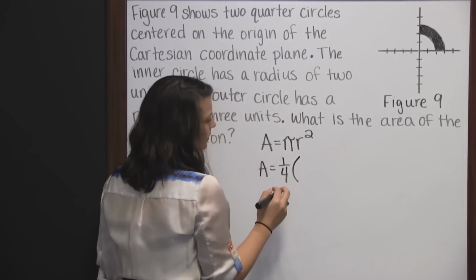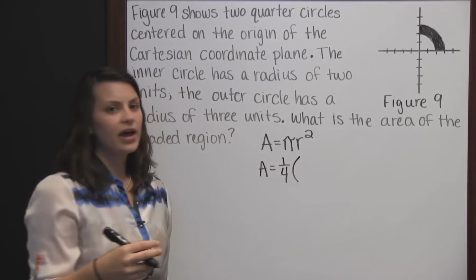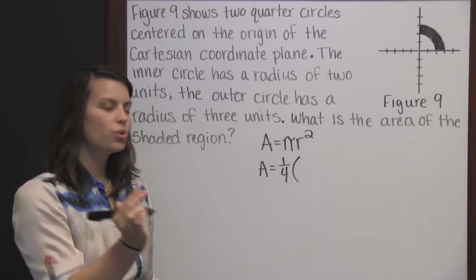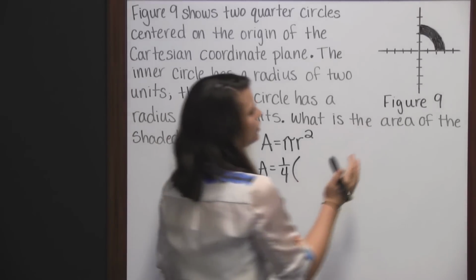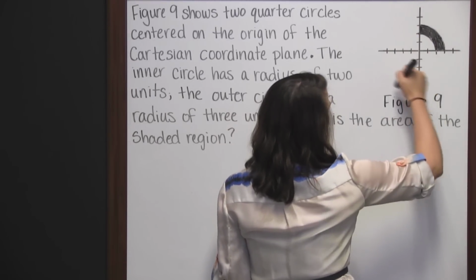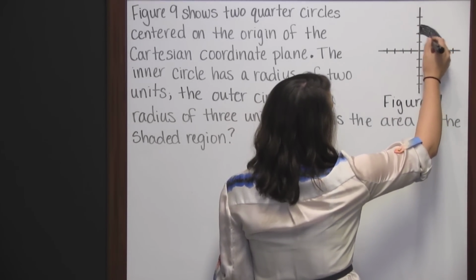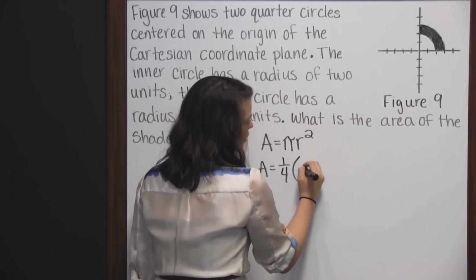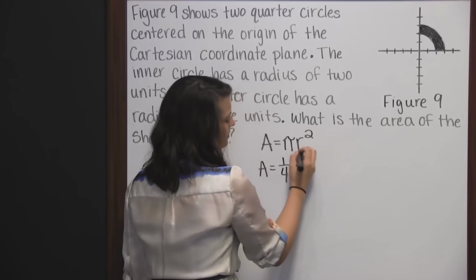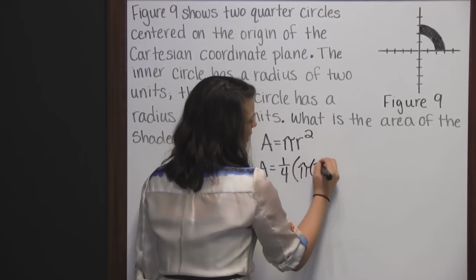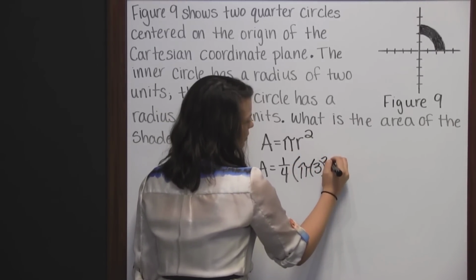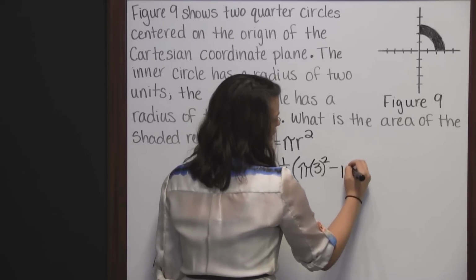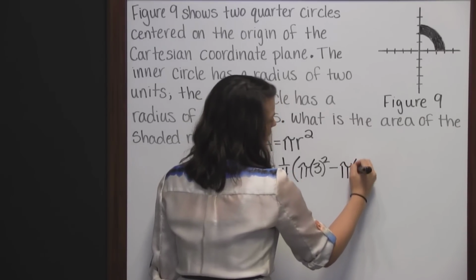And then we need to find the area of just the part between those 2 circles. So that would be the area of the large circle minus the area of the small circle. And the area of the large circle would be pi times the radius, which is 3 squared, minus the area of the small circle, which would be pi